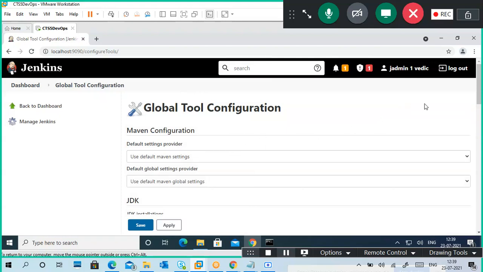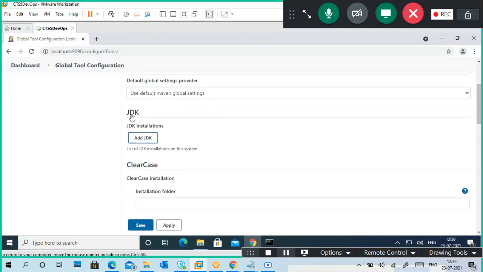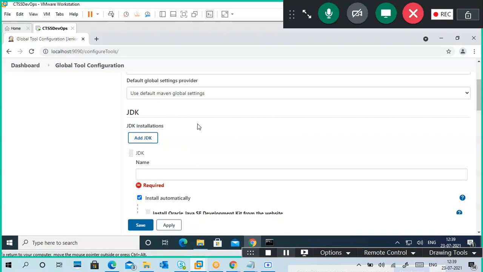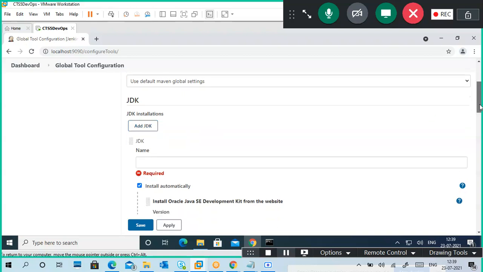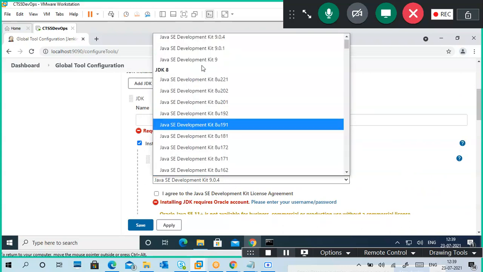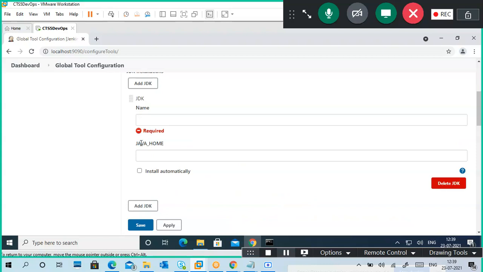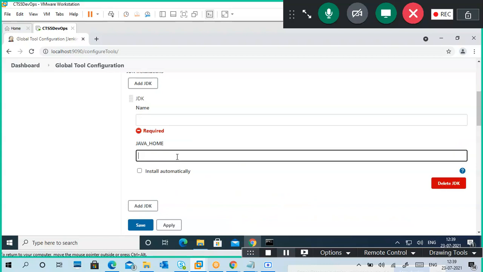It is showing the Maven configuration. This is the JDK installation. We have JDK, right? So add JDK. This is the management for adding a JDK. If you want to install a particular JDK, you can select the JDK version and install it for running your Java application. Otherwise, unselect this one and tell where Java is.